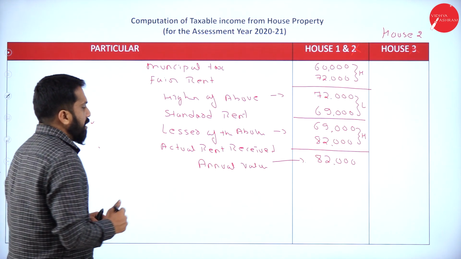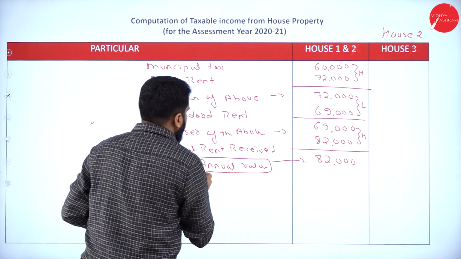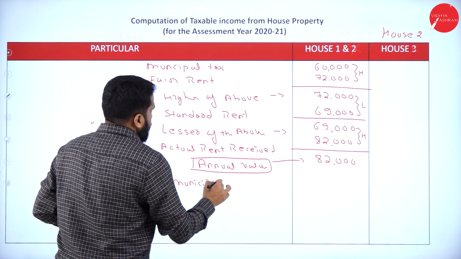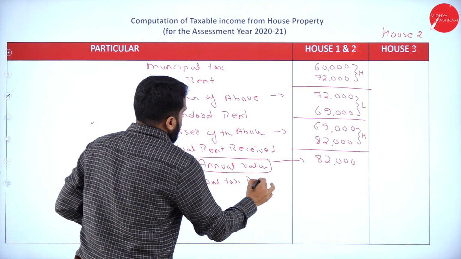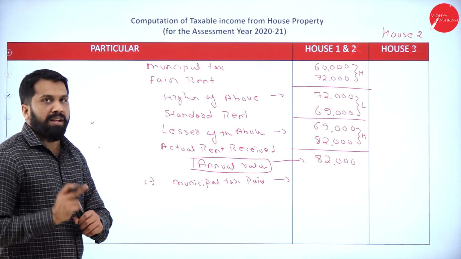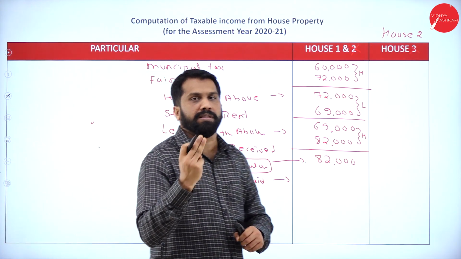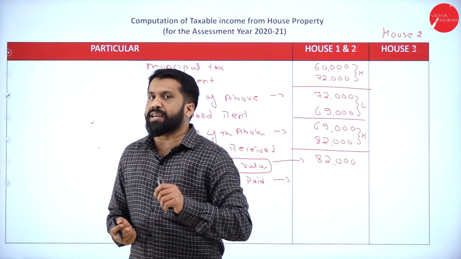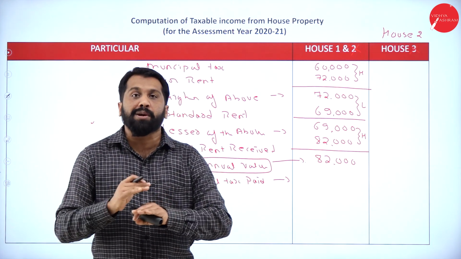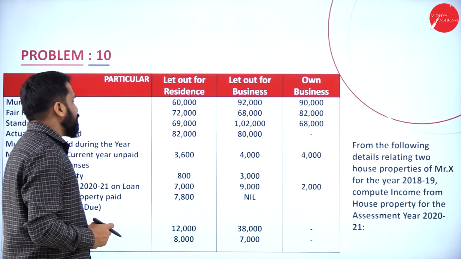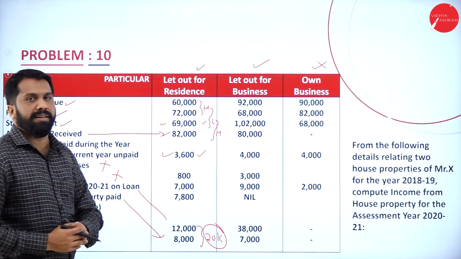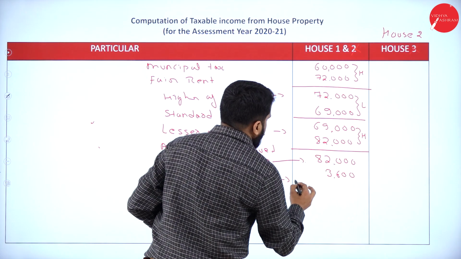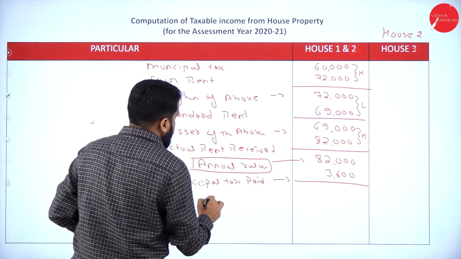Now, up to this we have done. This is your annual value. Now, minus municipal tax paid. So municipal tax is paid by whom? Remember, municipal tax can be paid by two persons. One will be the owner, another one will be the tenant. Now, which one should we consider? We should consider municipal tax paid by the owner, not by the tenant. Now, municipal tax paid is how much? 3,600. So if you calculate net annual value,